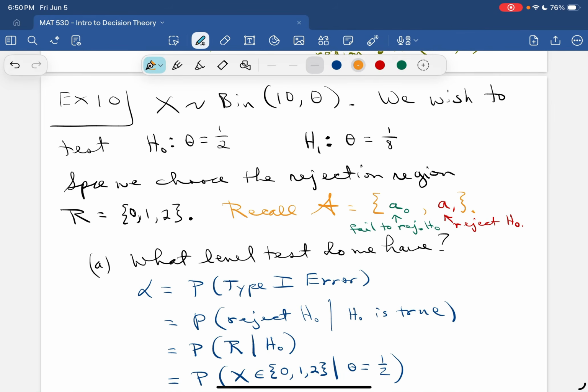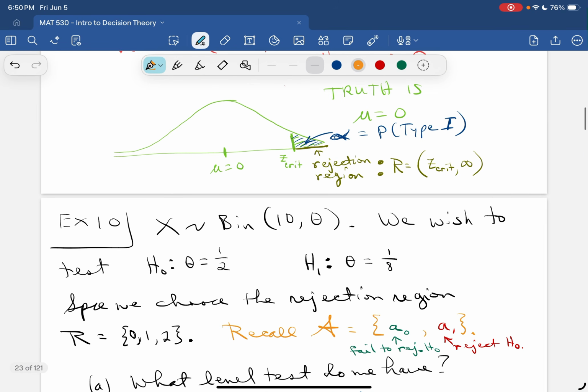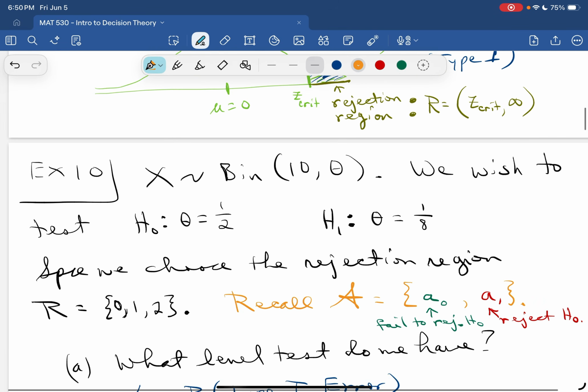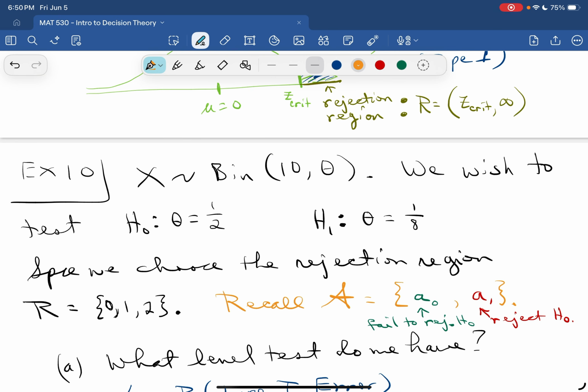In this video, we're going to look at how randomization can be used to make a hypothesis test have a specific significance level. So let's say we have one random observation, one value of data. We have a random variable x which follows a binomial distribution with 10 independent trials, and the